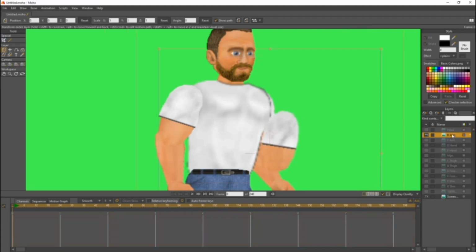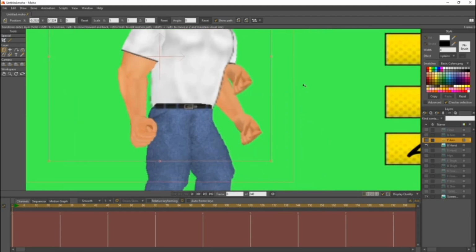This is the back arm. So we're just going to try to line that up with the back arm. And just do that for all of these. The front arm, line that up with this. It doesn't have to be perfect, but just try and get it as best as you can. Put the front hand there. That was the back hand. Put the front hand here.